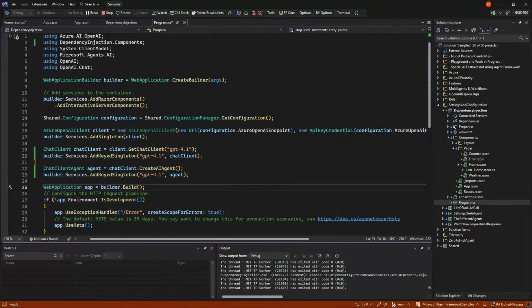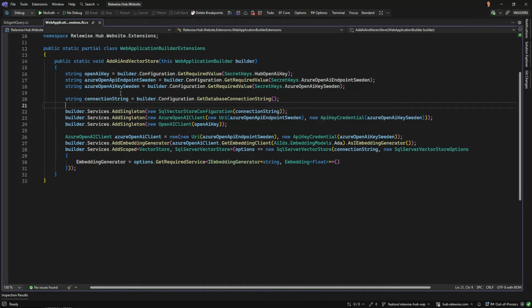And you will see that if I go here to a live, real life sample. This is actually how I set up a production ready system that has the capability of working both with OpenAI and Azure OpenAI on the fly. So what I'm doing is I'm getting both the OpenAI key and the Azure OpenAI endpoint and key, in this case for Sweden.